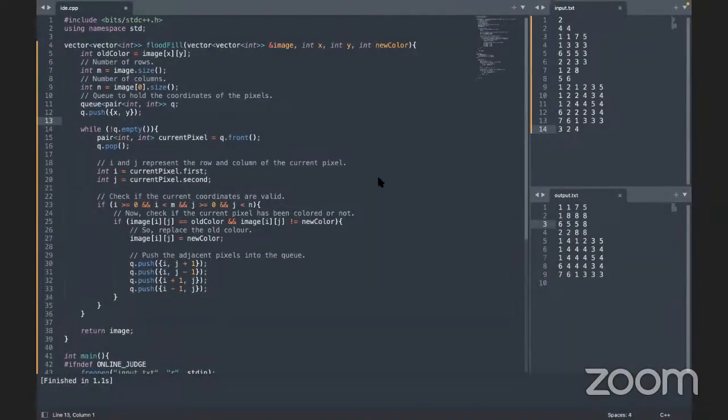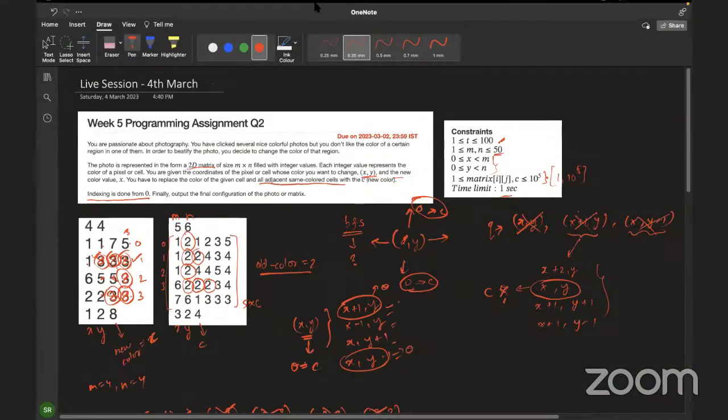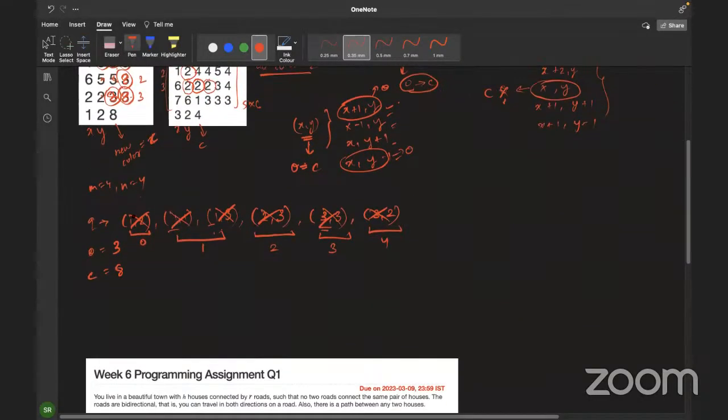Okay, there's one question from me, that is, are there any theoretical limits to the accuracy or completeness of the flood fill algorithm? Okay. I'm not sure what you mean by theoretical limits, but if you look here, are there any mathematical theoretical bounds in the ability of the algorithm to accurately and completely fill a given region in a 2D space? Okay, so if you see here, we have made a queue and we are running this